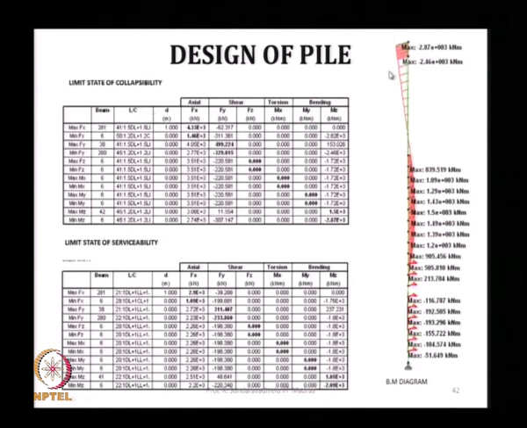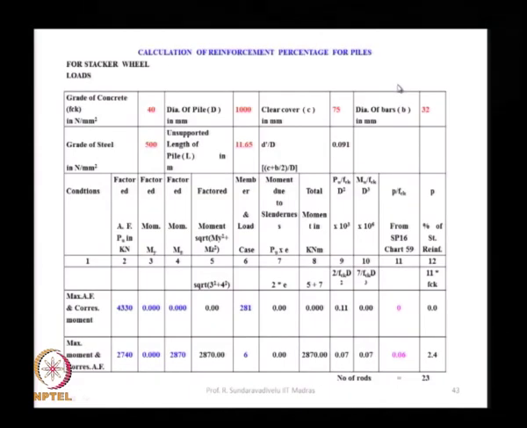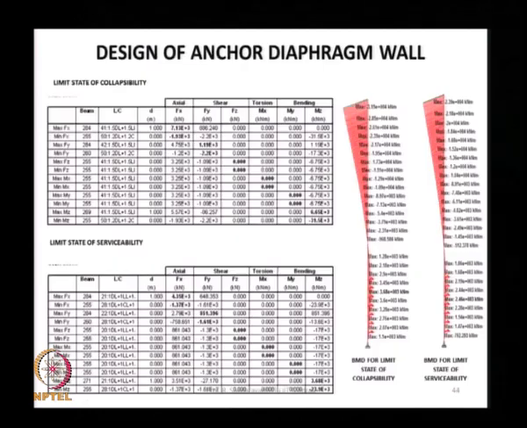This is the bending moment diagram in the pile. So, this bending moment diagram is done on the tension side, that means on this side there will be tension, here it will be on the other side. Suppose this is the water side, this is the land side, the reinforcement should be provided more on this side and this side. So, it should not be at the same face, but the circular pile we put uniform reinforcement. This is a typical spreadsheet which we prepare to calculate the reinforcement for piles. This also I will discuss later.